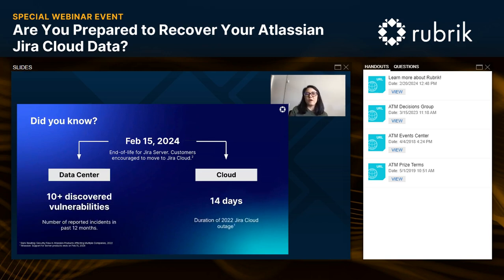But what does that mean, though, when it comes to data that customers should be aware about? So on the data server side, in the past year alone, there actually have been some vulnerabilities reported. In fact, 10 plus vulnerabilities have been reported in the past 12 months alone. And what types of vulnerabilities? Typically security. So that means when a bad actor somehow gets credentials and becomes an unauthorized user and gets into